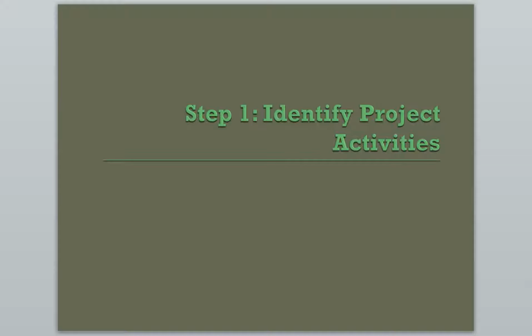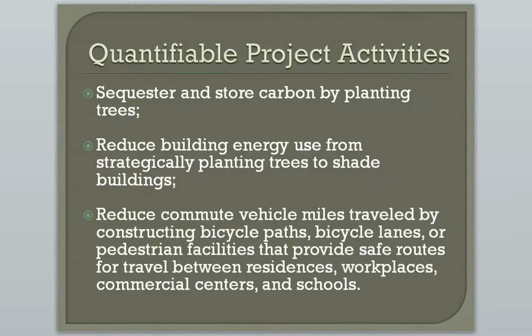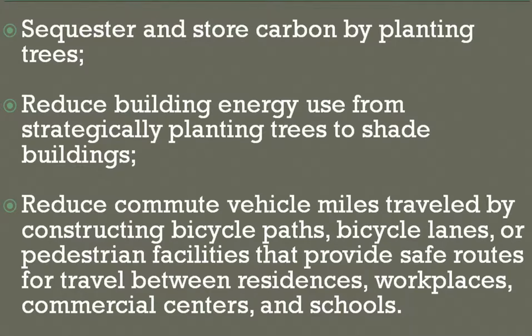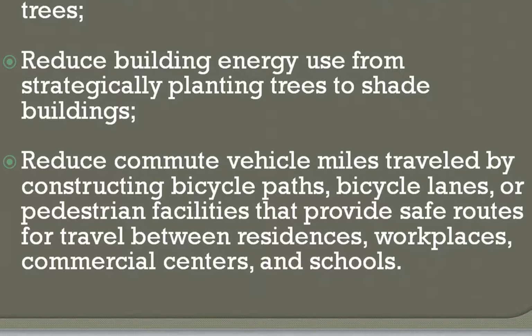Step 1. Identify the project activities for the project. Each project eligible for funding must include at least one of the following quantifiable project activities: sequester and store carbon by planting trees, reduce building energy use from strategically planting trees to shade buildings, and reduce commute vehicle miles traveled by constructing bicycle paths, bicycle lanes, or pedestrian facilities that provide safe routes for travel between residences, workplaces, commercial centers,